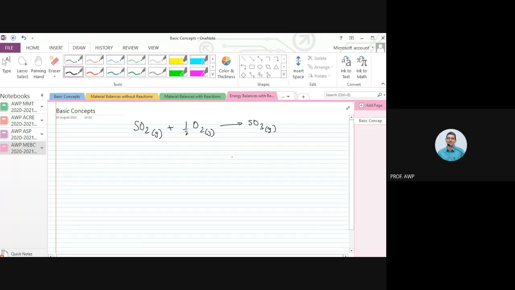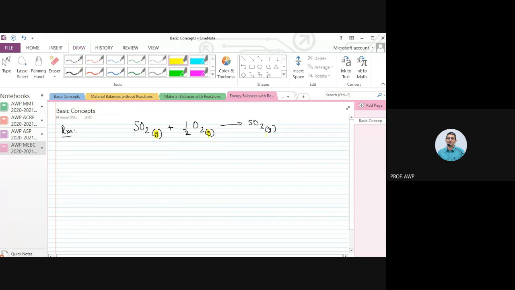Let me take one more example after this. So this is your reaction: SO2 in the gas phase reacting with oxygen in the gas phase, and we are getting SO3 in the gas phase. So what is important is the state